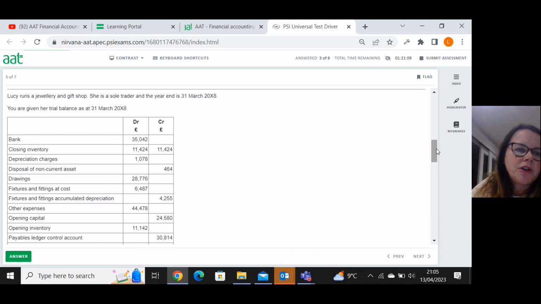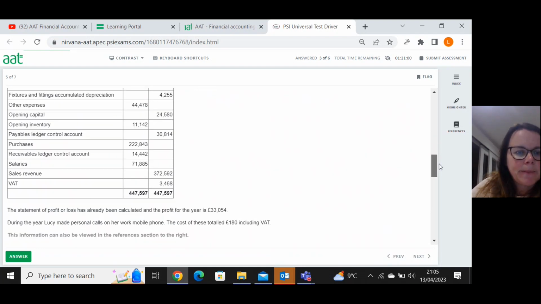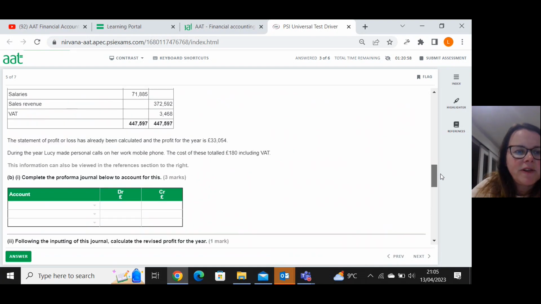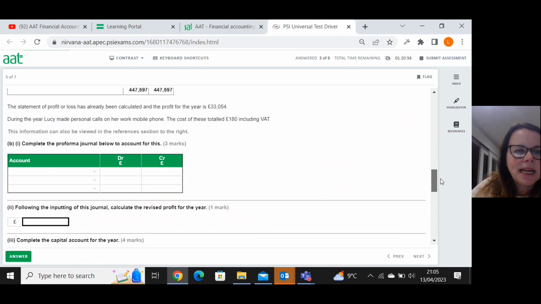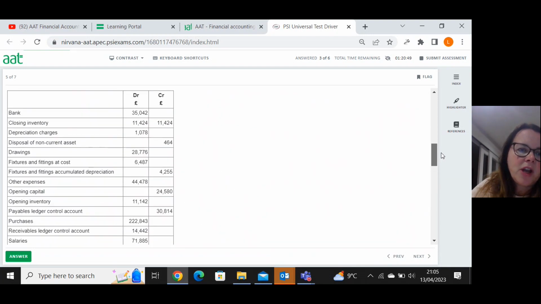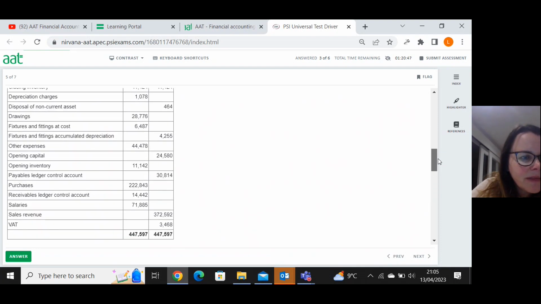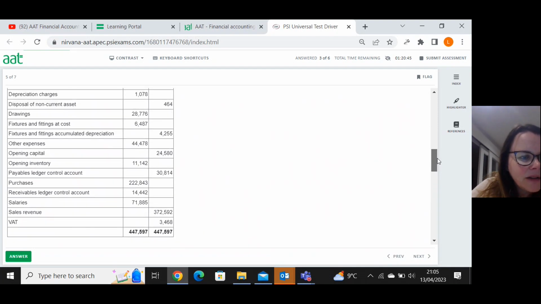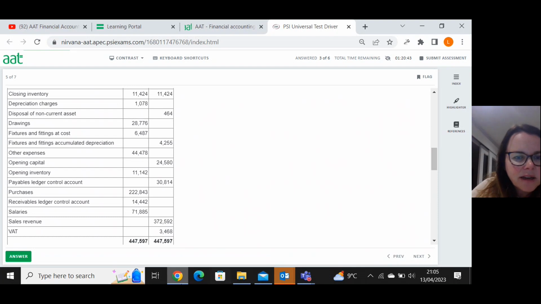Lucy runs a jewellery and gift shop. She's a sole trader and the year end is the 31st of March X8. You're given her trial balance. The statement of profit or loss has already been calculated and the profit is 33,054. We could maybe go down and prove that. It's a bit sad, but I'm feeling the need now. So I'm doing